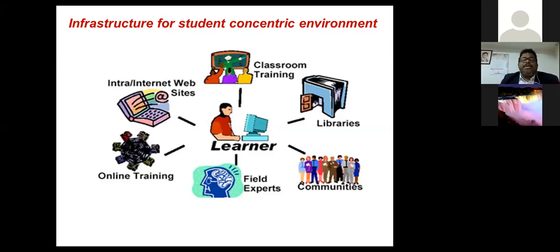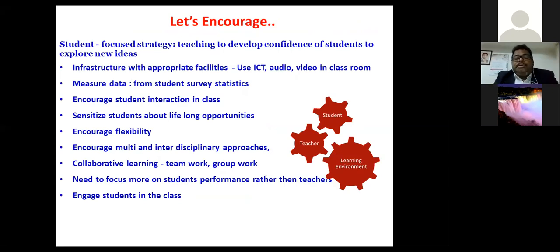Now it is happening. So I want to share with you some points of modern teaching and learning to create a student-centric environment. We are already aware that teachers need to be very frank, very cordial. That is fine, and it is there. I'm not going to discuss all those conventional points. Rather, I would like to discuss some of the infrastructural facilities I have already mentioned.